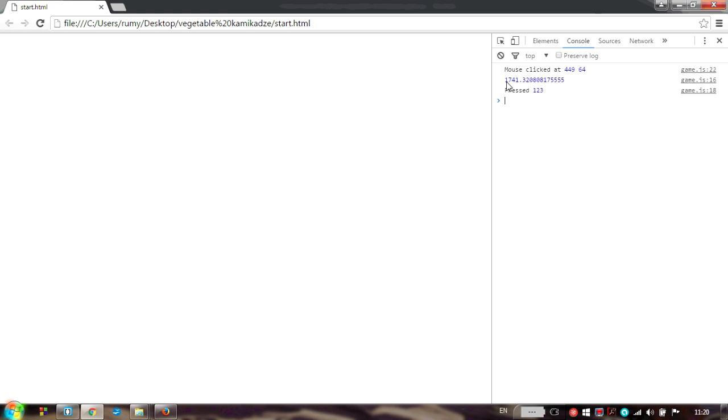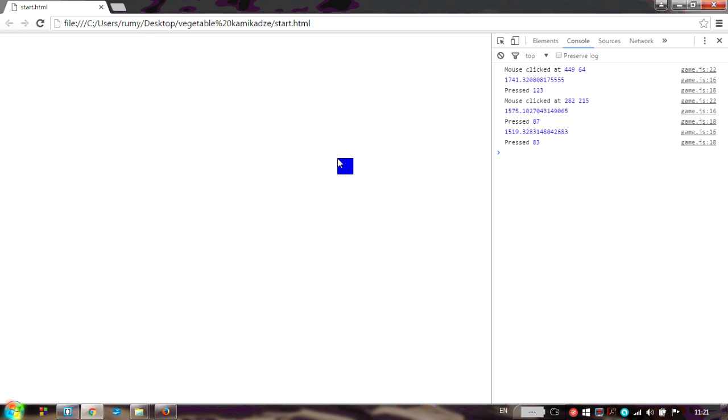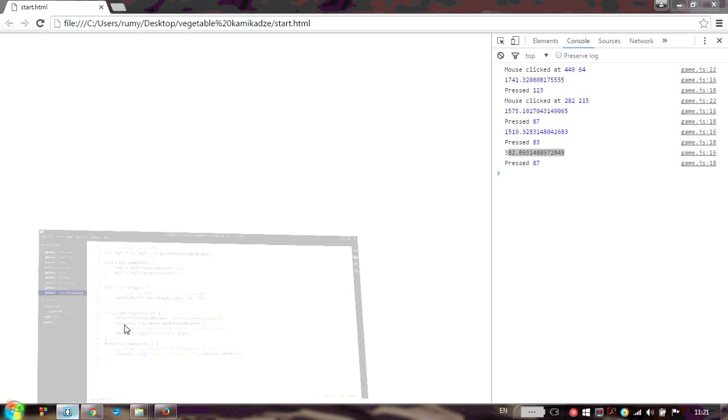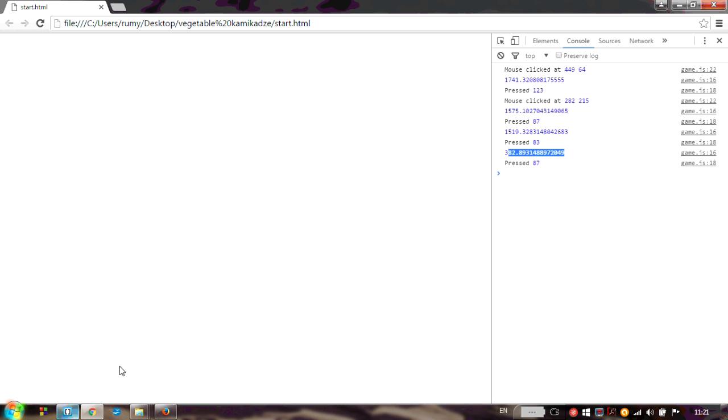Yeah, 1741 and some more digits after the decimal point is a number between 1000 and 2000. I will press one more key, and again I got a number between 1000 and 2000. Well, is our task ready, or am I just lucky? My luck continues, and now it stopped. Yeah, this line of code could also create numbers that are smaller than 1000, and